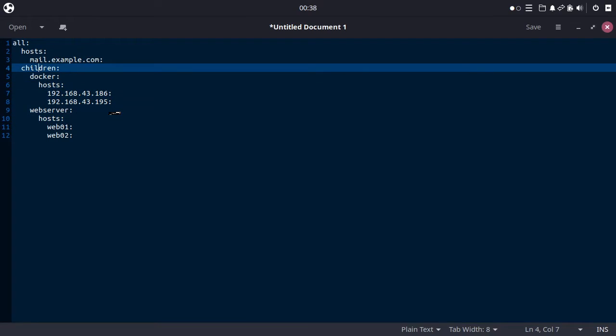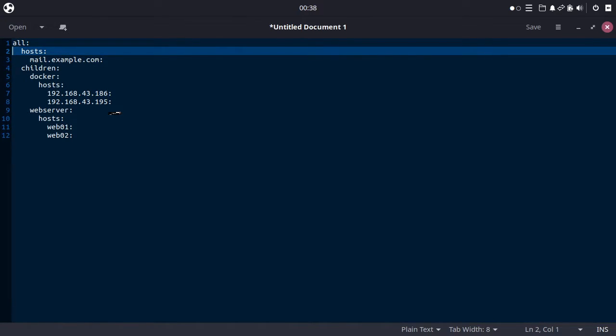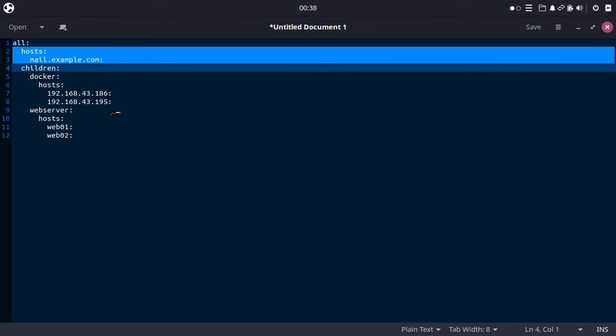Okay, now this is actually good, but usually I don't want to do it this way. Even if there is only one server, let's say one server that doesn't have any group, I always make a group for it.